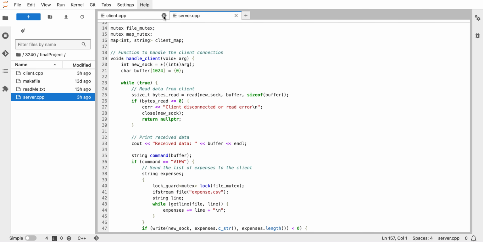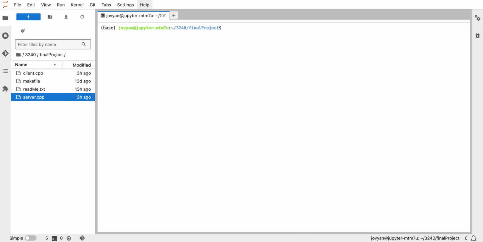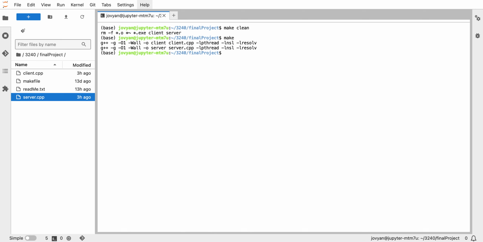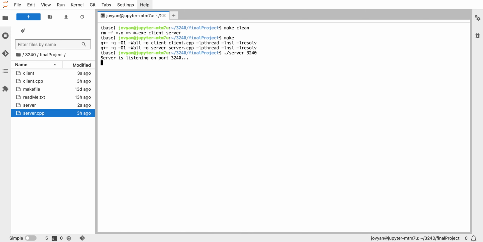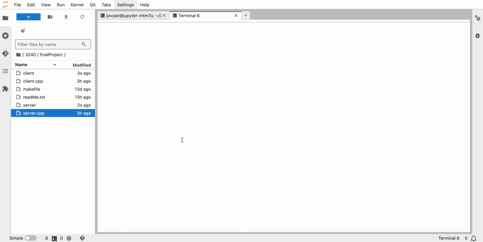Okay, let's compile the project. I use make clean and make to compile the project, and I run server 3240. As you see, the server is listening on port 3240. Let's do the same thing for the client also, and let's say client localhost